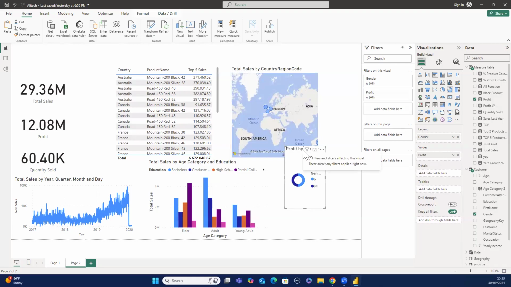Bring it down, no? Let me think. No, it doesn't want to come down. Anyway, you can put a text box, right? Depending on what you are doing, but don't just clog your